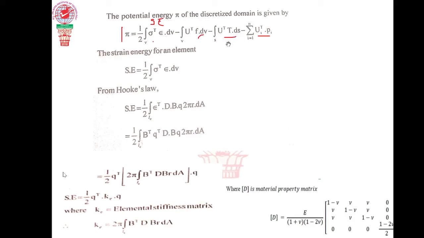Therefore, strain energy is U is equal to half of integral of sigma transpose into epsilon dV. Again, we have not discussed how we got this derivation. There is a small derivation that we will take up at the end. It is in module number 1, and we have not done it yet. So for the time being, memorize this half of sigma transpose epsilon dV integration. So now we are taking strain energy.